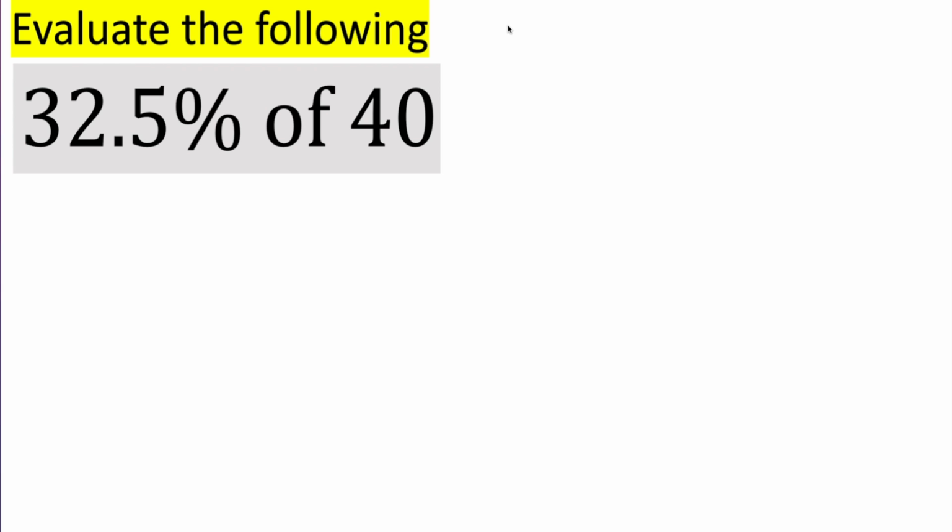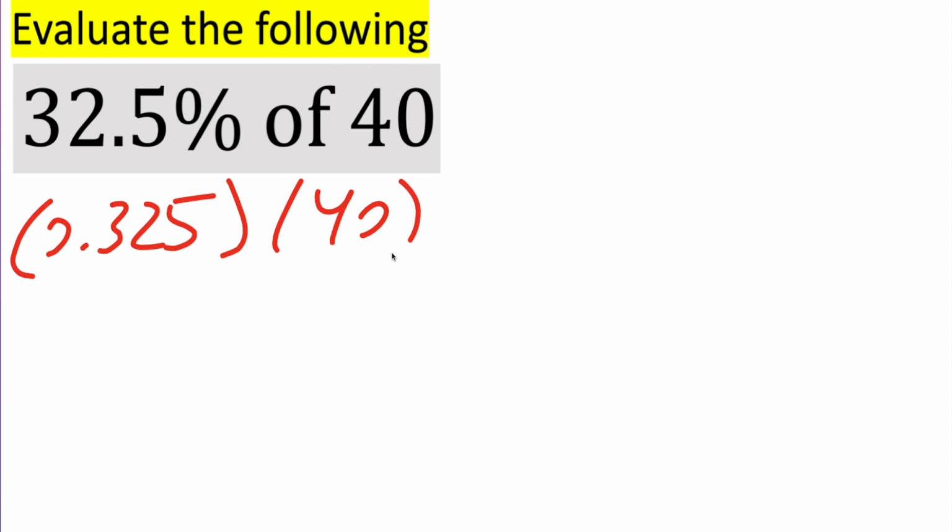Now we have one last question: 32.5% of 40. Same procedure. We'll write it as a decimal, 0.325 of 40. So we're multiplying, and let's do it both methods. So 40 times